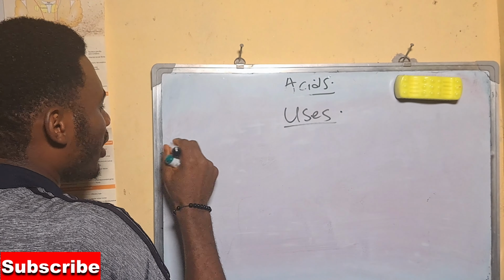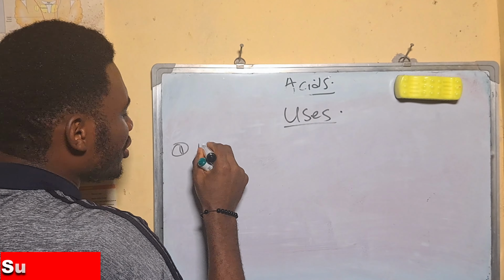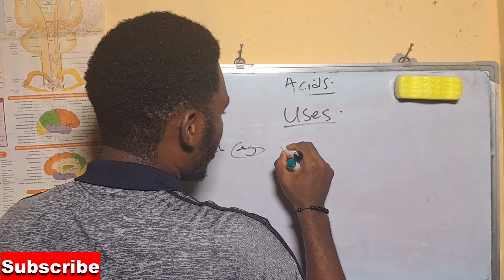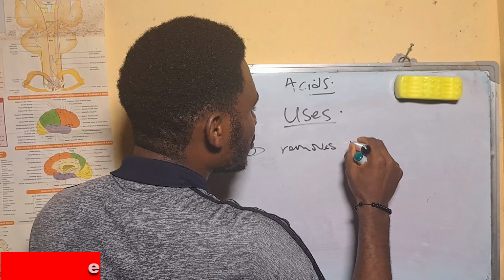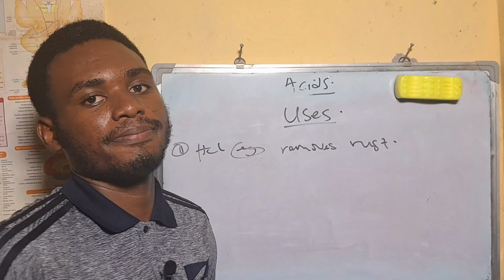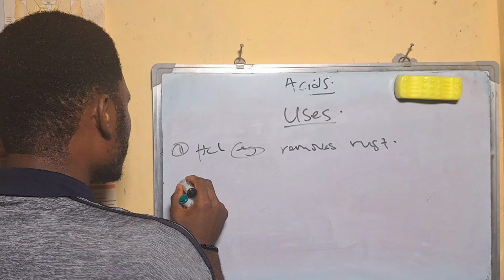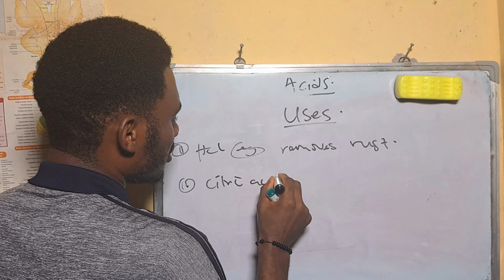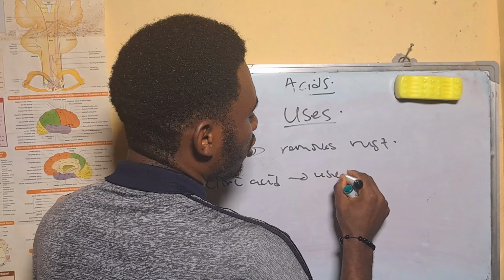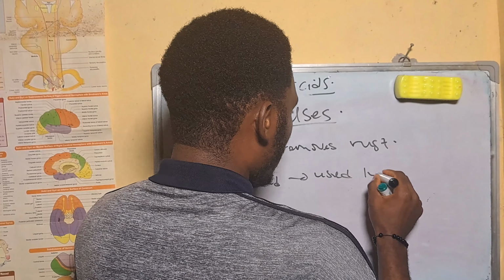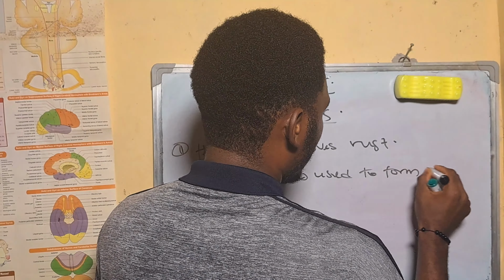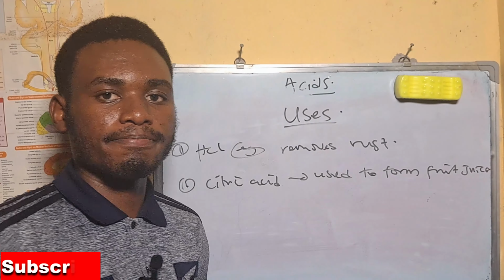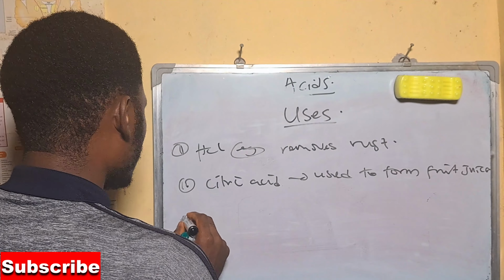Yes. So number one, HCl, for example, is used to remove rust. Okay, removes rust. Nice. Also, citric acid, okay, is used to form fruit juice. Okay, nice. Also,